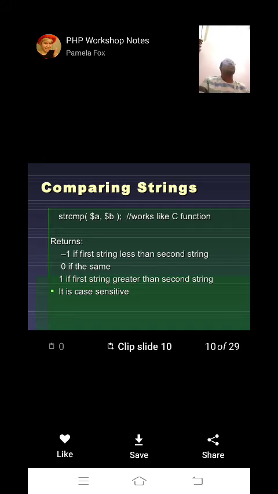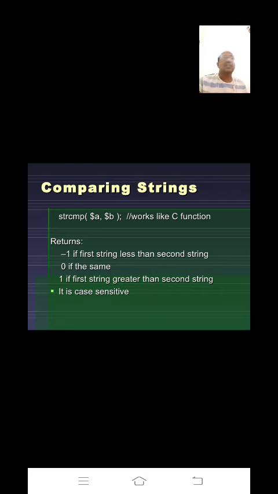So finally what I am telling here is that the strcmp method returns a numeric value. It may be -1, 0 or 1. Whenever the first string is less than the second, you will get -1. If the first string is greater than the second string, you will get 1.